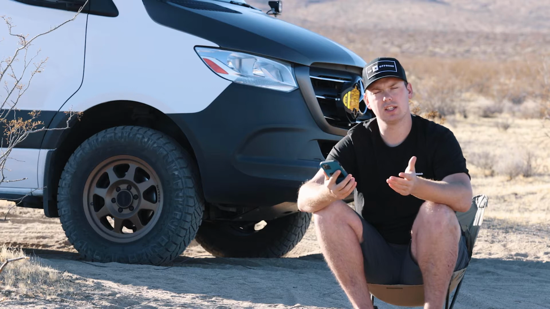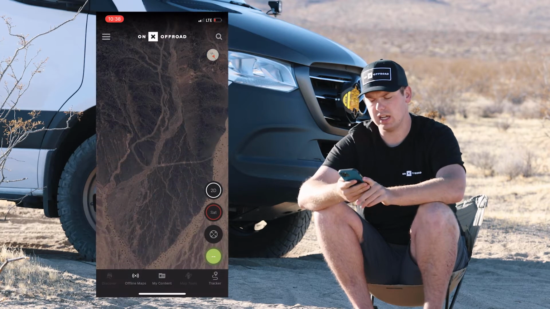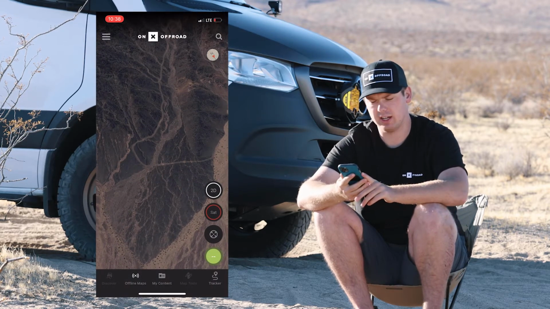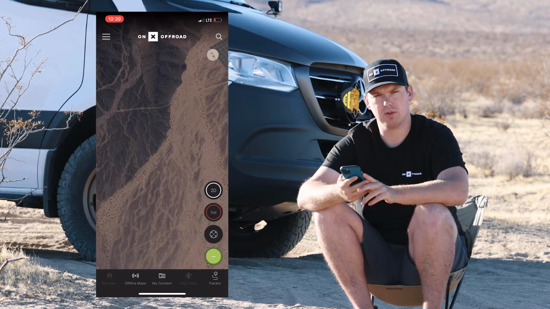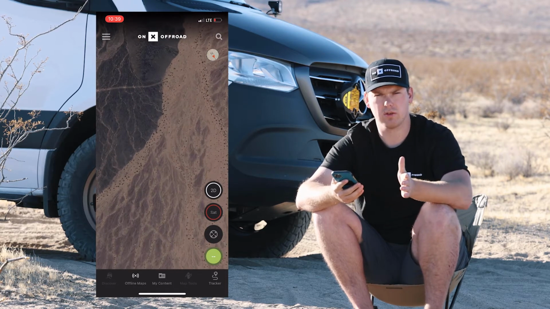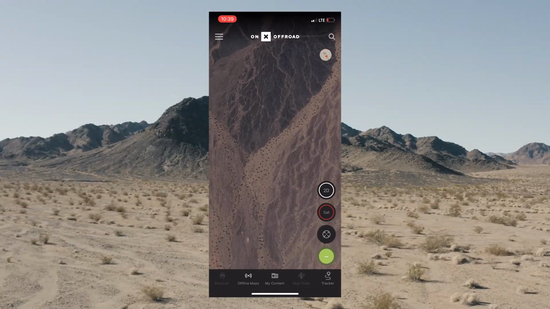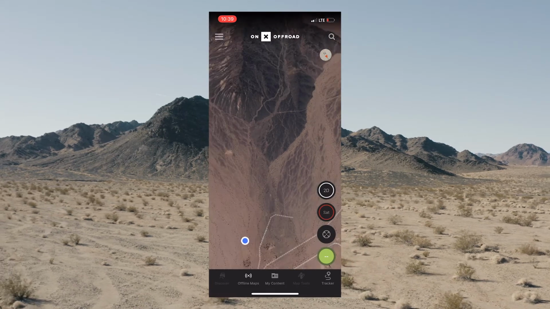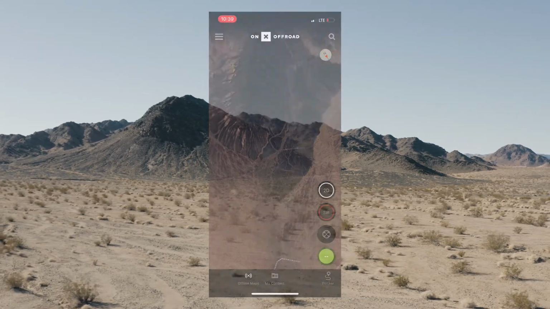So when you're in the onX app, simply pull up the map and you'll see the 4 icons on the right side. The top icon will give you the option for 2D or 3D mapping. By using this 3D mapping feature, it allows you to see how flat or how steep the trail is that